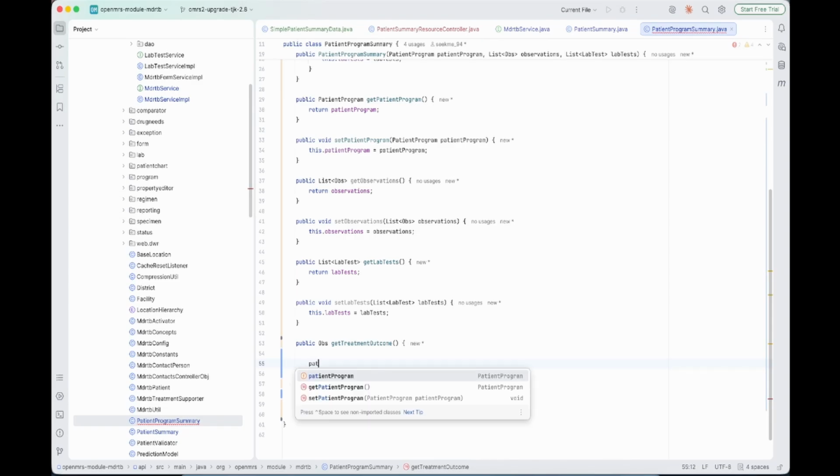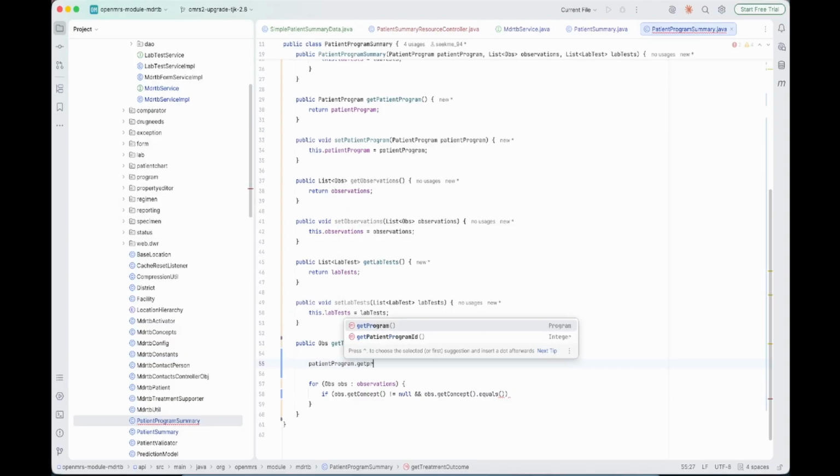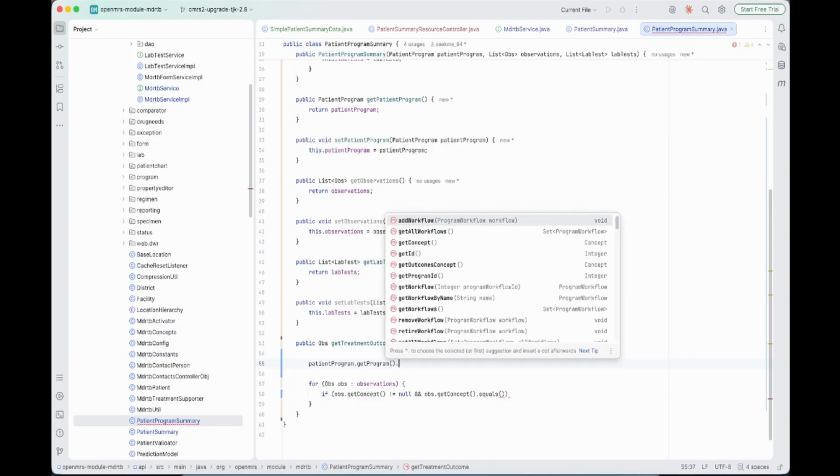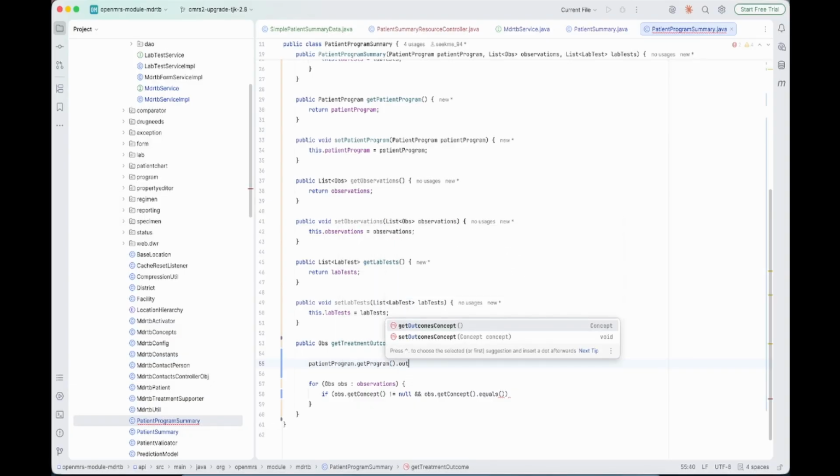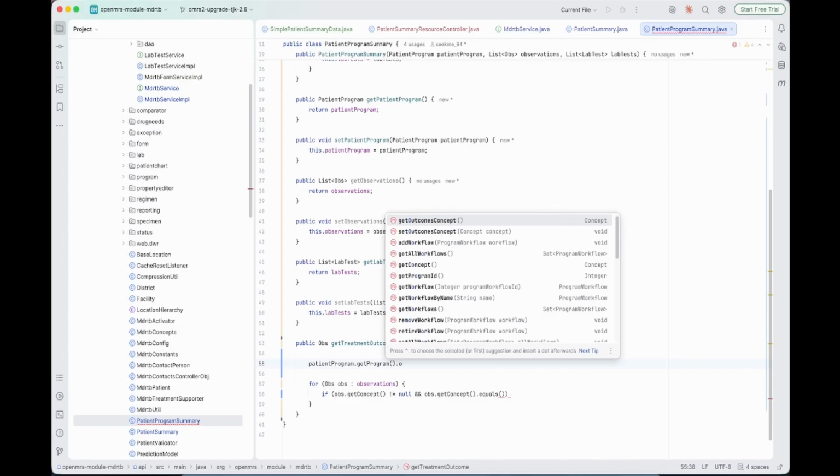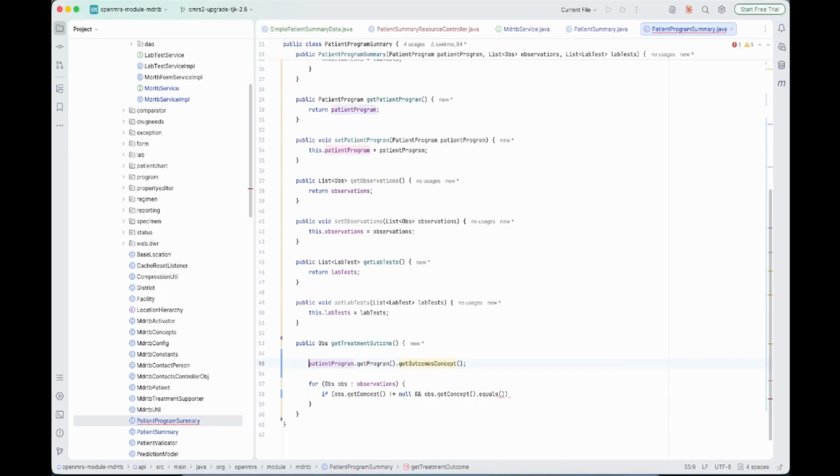So this patient program get program has an outcome concept. So there are workflows, and there's plenty of other information you can pull, but basically I'm going to target outcomes concept right now and assign it